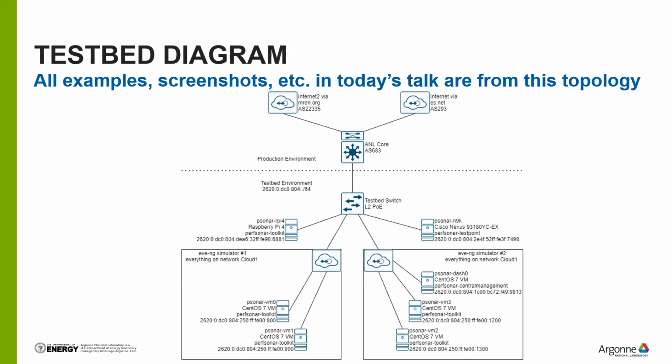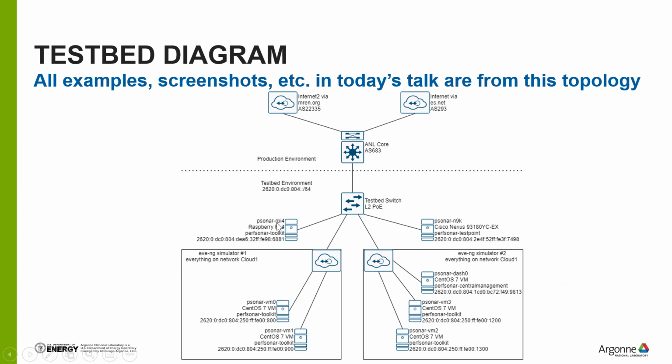Okay, so going back to what I started with, everything we're talking about today is based off of the campus network monitoring test bed that we built at Argonne inside of the BIS networking team's test bed. And so the way this looks is we have our core switches, and then we have a test bed switch, just a really dirt simple layer 2 power over Ethernet switch. The layer 2 power over Ethernet matters because the Raspberry Pi is actually being powered over Ethernet. It's only consuming about 15 watts of power. And so that's our